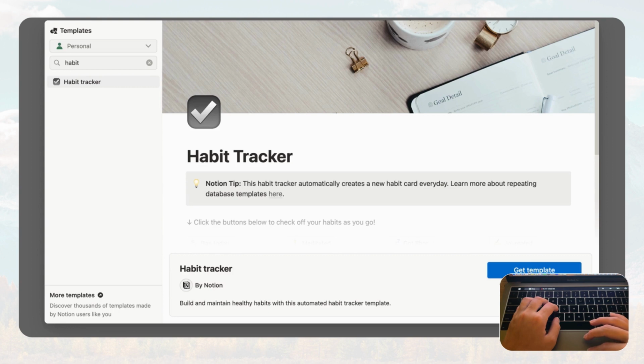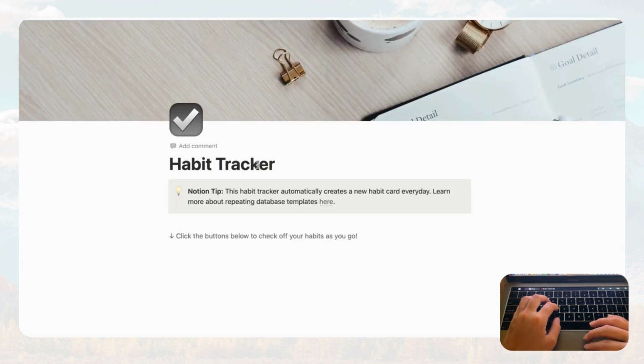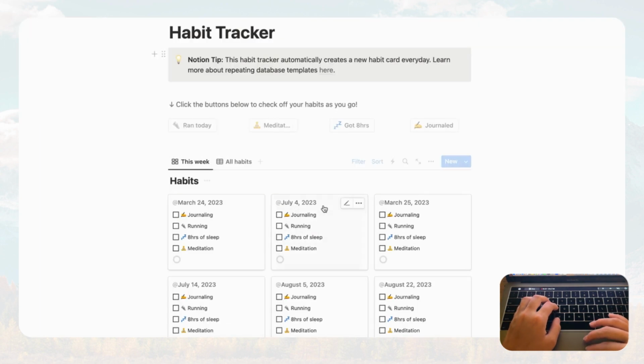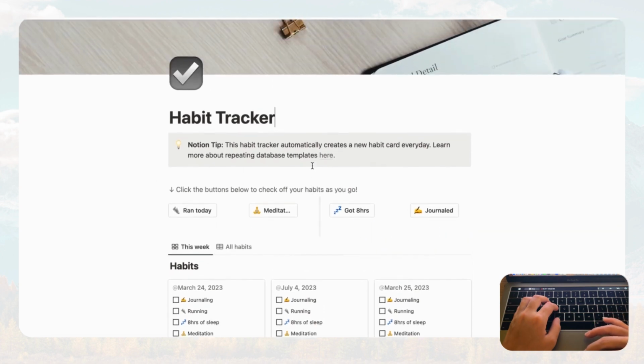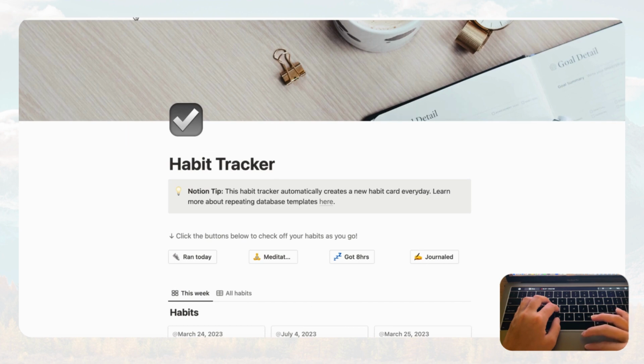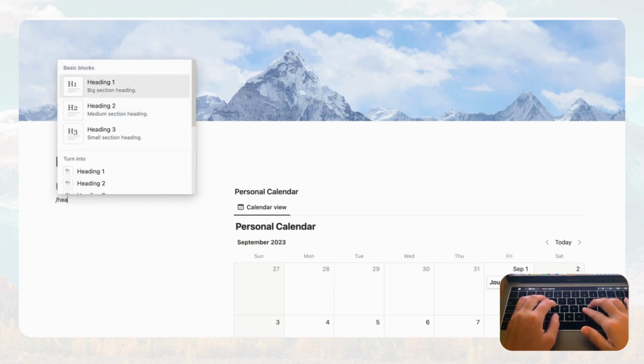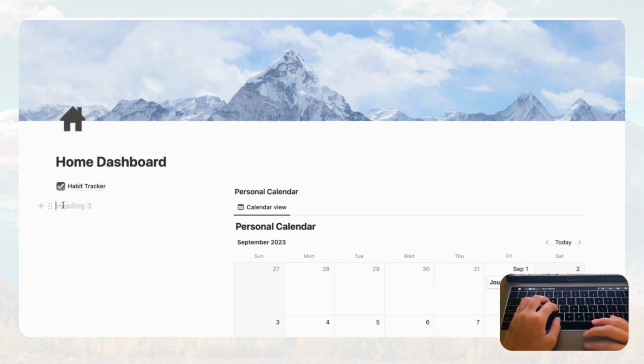But let's say we just do get template for this, and you should see the template appear here. And there we go. So now we have this habit tracker made by Notion in here automatically. And if we go to home dashboard, we have our habit tracker. So what you can also do to create a new block under here is to click plus. So we click plus and we decide we want heading 3. You can type slash heading and heading 3. Then we can type